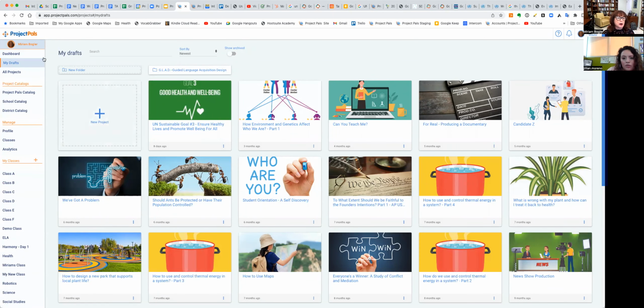So this is, we are in the My Drafts area. Right now, what you have is just this plus button because you've not created any projects yet. But once you create projects, they are going to show up like project tiles like this. And the method that we recommend when you start teaching is to go